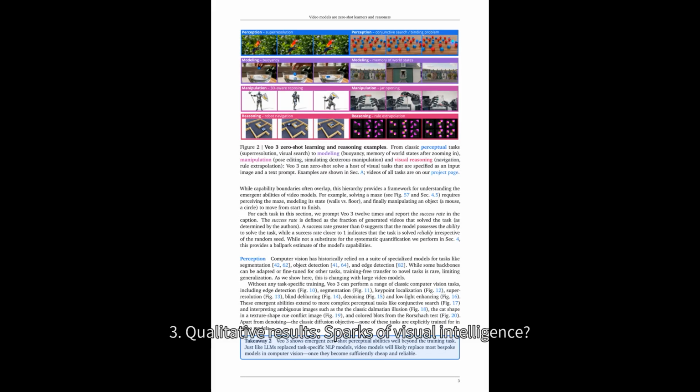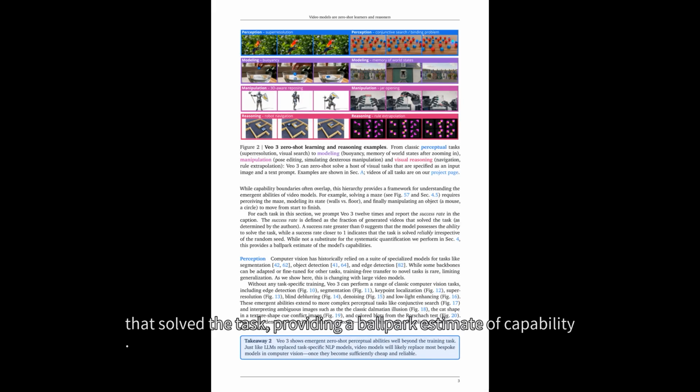3. Qualitative results. Sparks of visual intelligence. Figure 2 provides concrete examples of VO3's zero-shot learning and reasoning, ranging from classic perceptual tasks like super-resolution to complex visual reasoning tasks like rule extrapolation. We define success rate as the fraction of 12 generated videos that solved the task, providing a ballpark estimate of